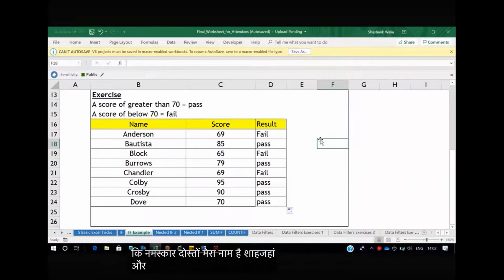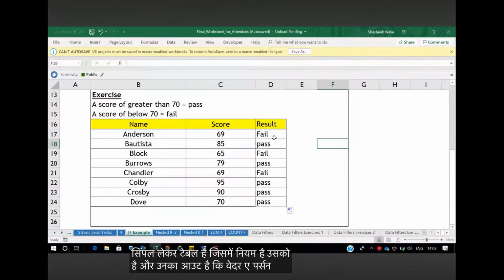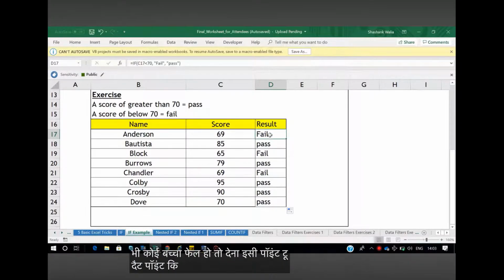नमस्कार दोस्तों, मेरा नाम है शशांक और आज की इस वीडियो में हम बात करेंगे कि हाउ टू क्रिएट योर ओन कस्टमाइज्ड एक्सेल फंक्शंस। फॉर एग्जांपल लेट्स से ये मेरे पास एक सिंपल टेबल है जिसमें नाम है, स्कोर है और उनका आउटपुट है कि वेदर द पर्सन हैज फेल्ड और पास द एग्जामिनेशन। बट मैं चाहता हूं कि जब भी कोई बच्चा फेल हो तो देन आई वांट टू गेट ए पॉपअप कि यस दिस पर्सन हैज फेल्ड। उसके लिए हमारे पास ऐसा कोई भी एक फंक्शन नहीं है जो मुझे पॉपअप दे सके, राइट।